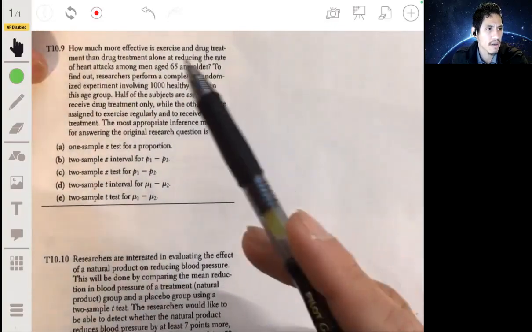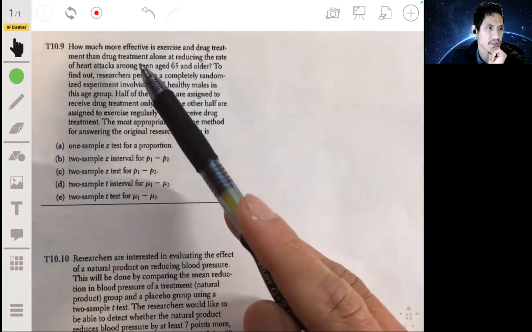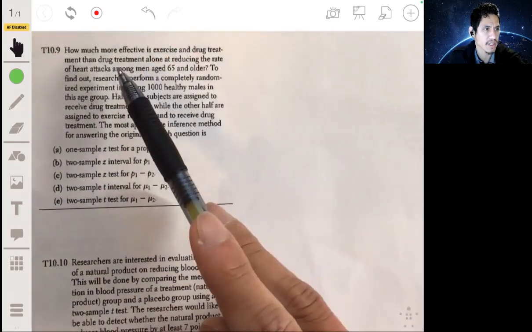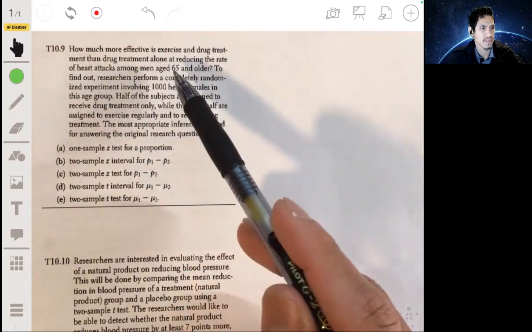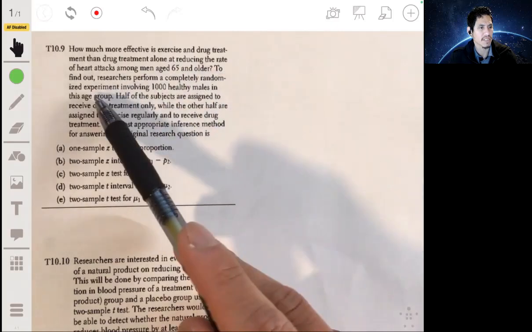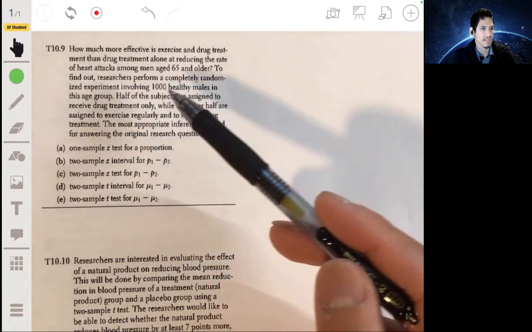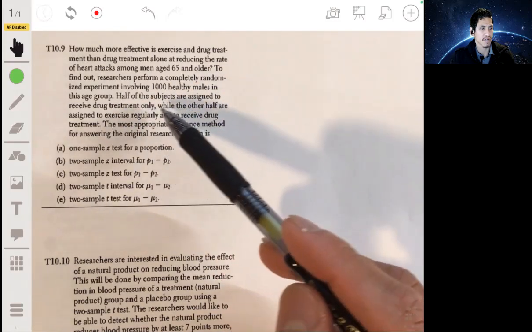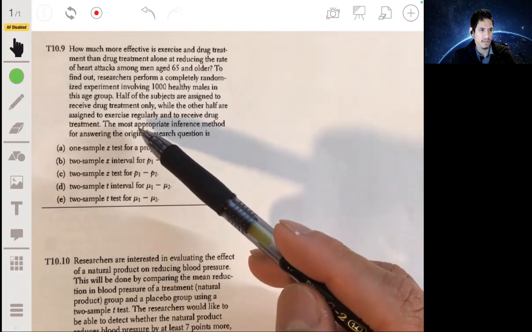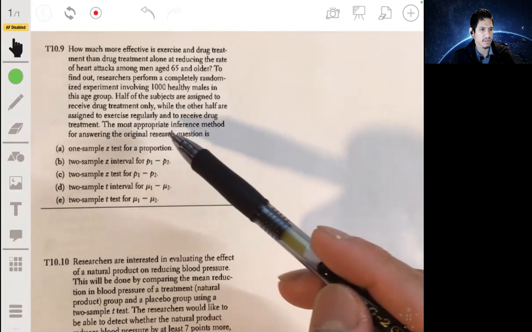All right, problem 9. How much more effective is exercise and drug treatment than drug treatment alone at reducing the rate of heart attacks among men aged 65 and older? To find out, researchers perform a completely randomized experiment involving 1,000 healthy males in this age group. Half of the subjects are assigned to receive drug treatment only, while the other half are assigned to exercise regularly and to receive drug treatment. So the most appropriate inference method for answering the original research question is,